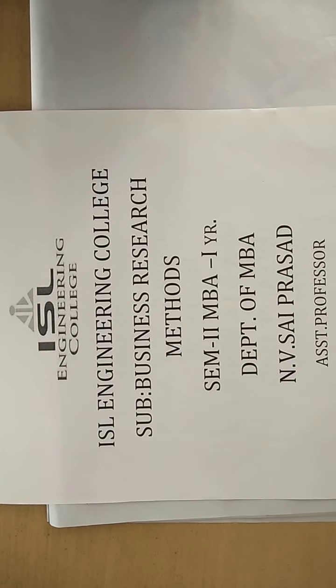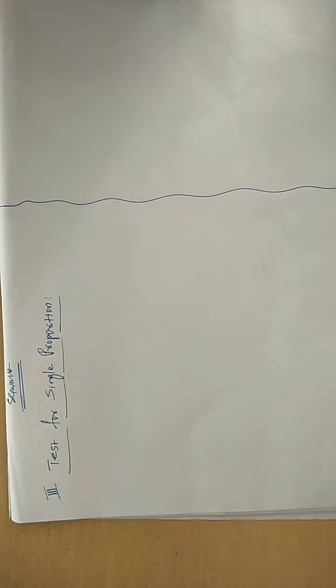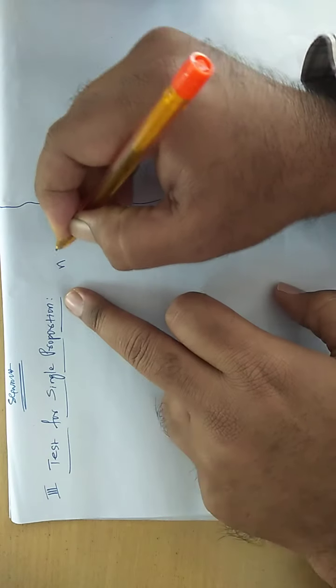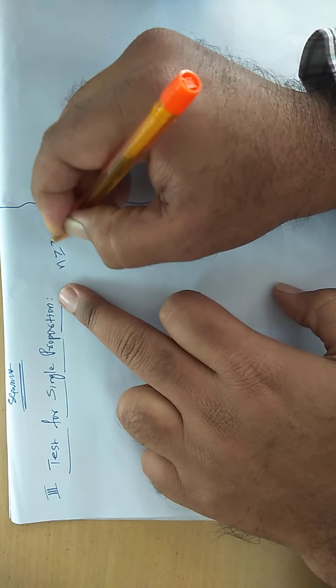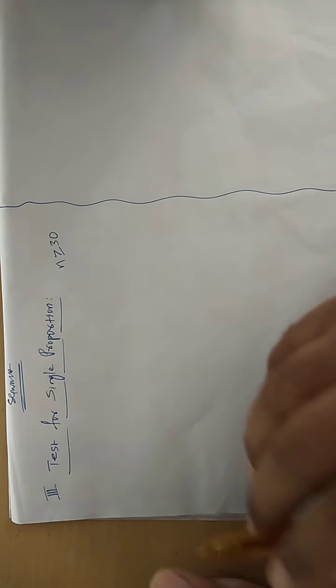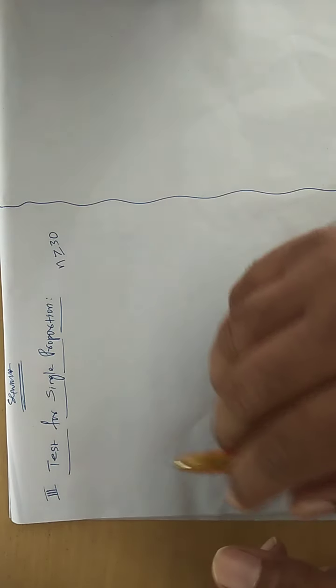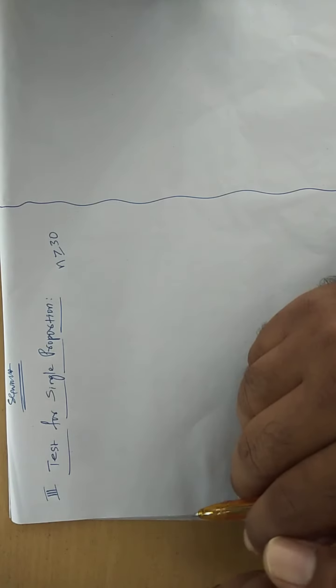Good morning, students. Now we go for discussing test for single proportion and test for comparison of two population proportions. What do you mean by test for single proportion under large sample test? We already know that a large sample is that sample where n, that is lowercase n size, is always more than or equal to 30. Understand? So in the large samples, then what do you mean by test for single proportion?